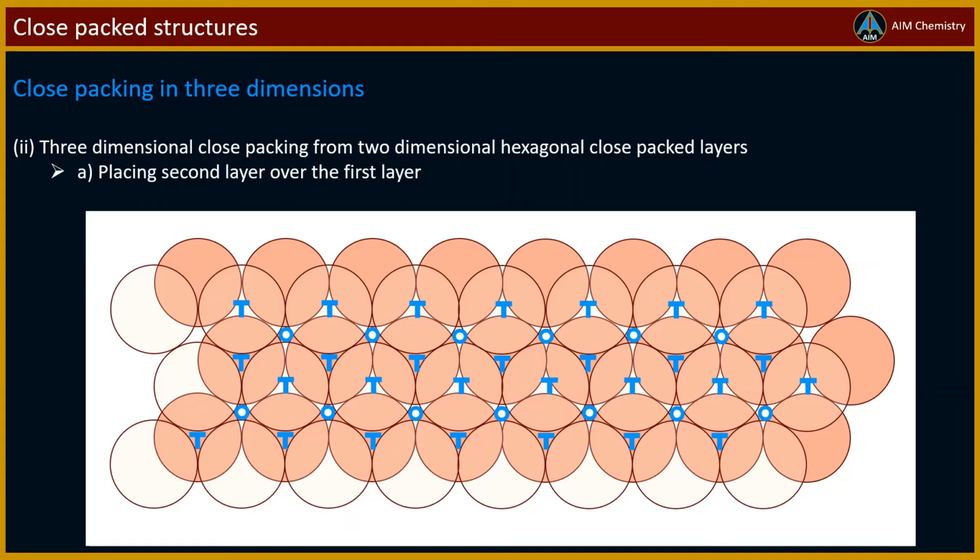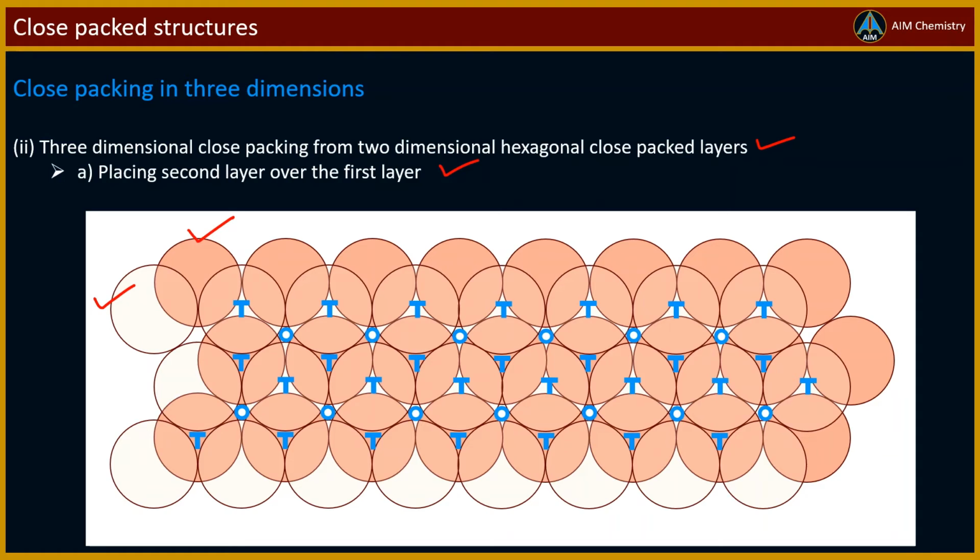For 3-dimensional close packing from 2-dimensional hexagonal close-packed layers, there are 2 steps. First is placing the second layer over the first layer. Let's see this figure. The second layer of 2-dimensional hexagonal close-packed layer is placed in the depressions of the first layer.